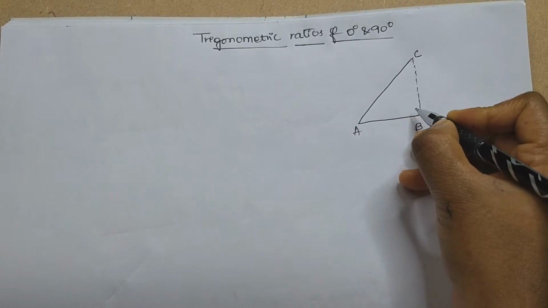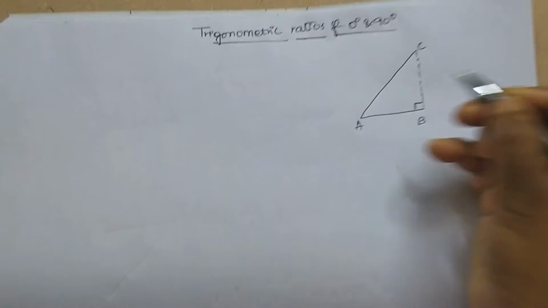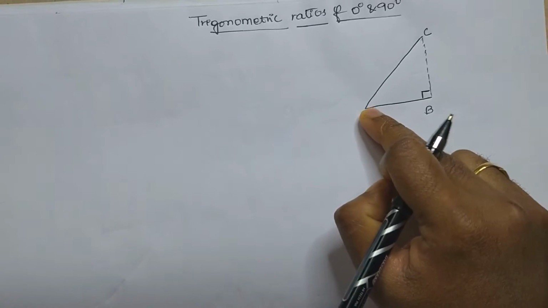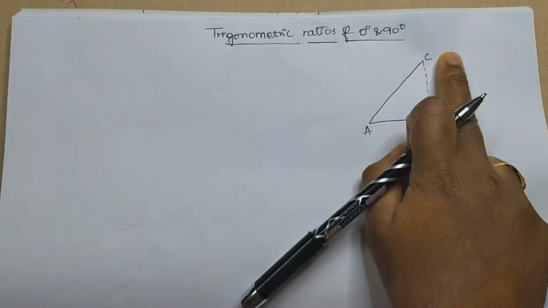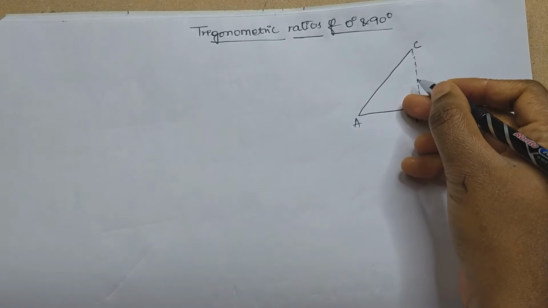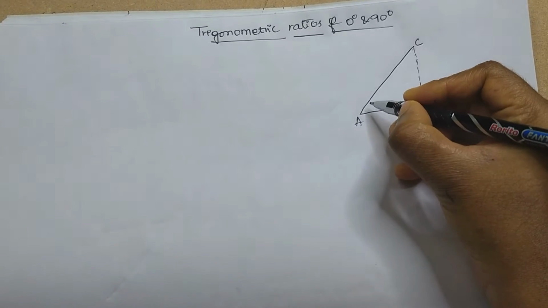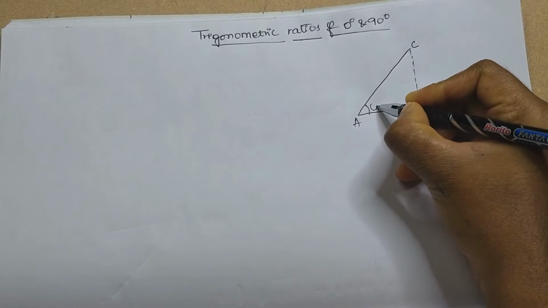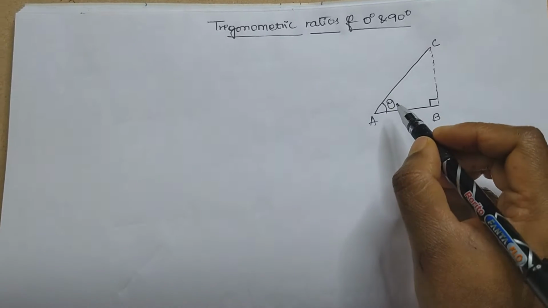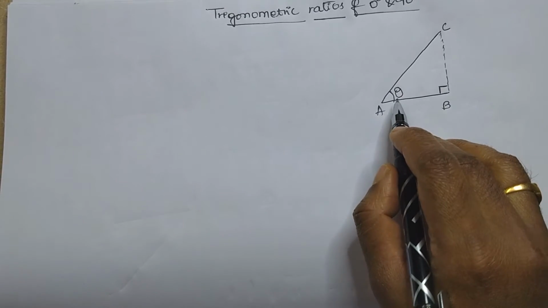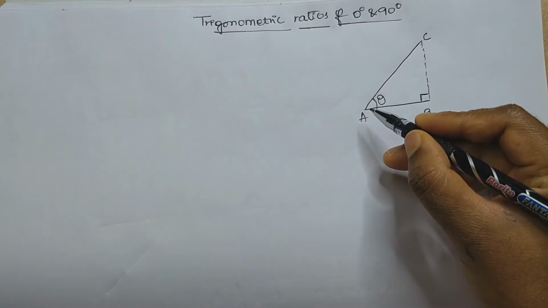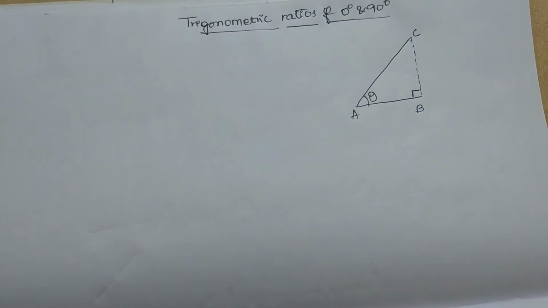So when you consider this as a right angle triangle, do you remember the concept of a person whitewashing the wall? Correct? So when you consider this AC as a ladder and BC as the wall, if a person wants to whitewash the wall at a lower point, it means what? Suppose the angle formed here is theta, the angle that the ladder makes with the ground.